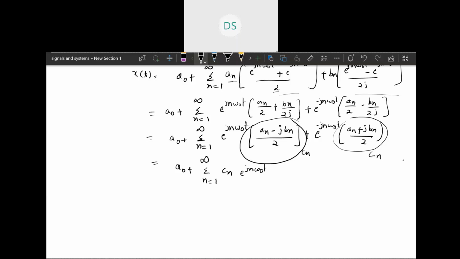Then sigma n is equal to 1 to infinity, this I am denoting with some constant term, the coefficient of cn e power jn omega naught t, and this coefficient is c minus n e power minus jn omega naught t. Okay, so from this one